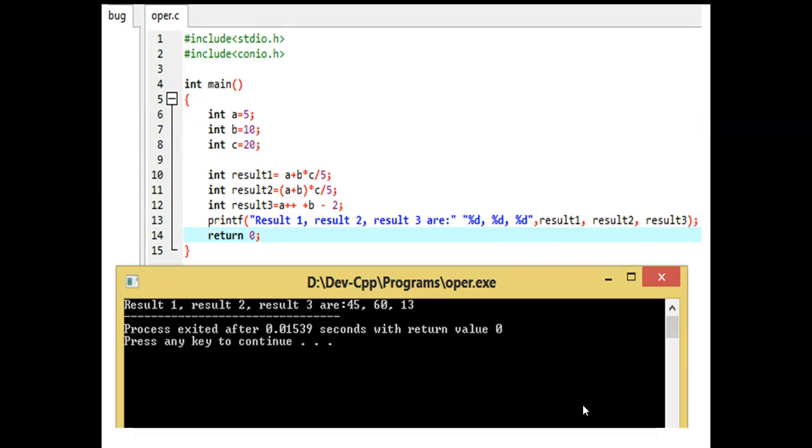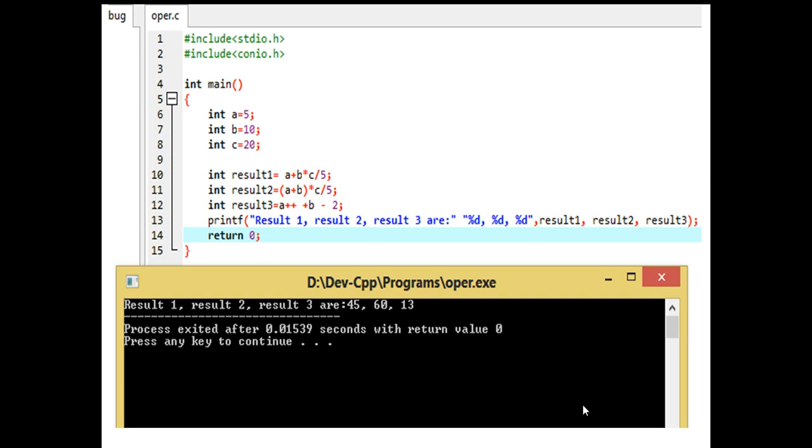This is the sample example program which demonstrates the arithmetic operators. And we have the main function. In the main function, we have three variables: int a equal to 5 declared, int b equal to 10 declared, and int c equal to 20. Int result1 is a plus b into c by 5. This is one arithmetic expression.